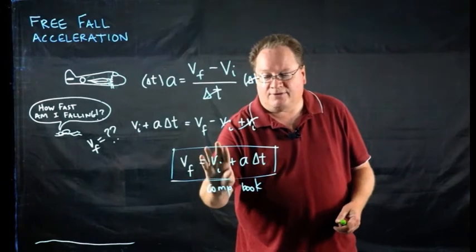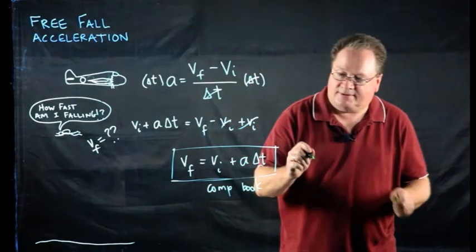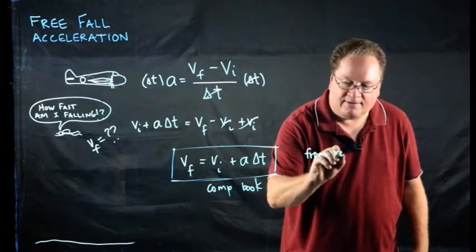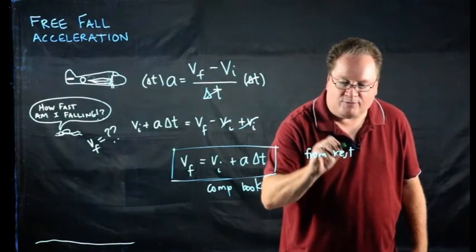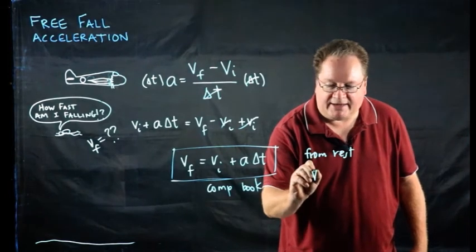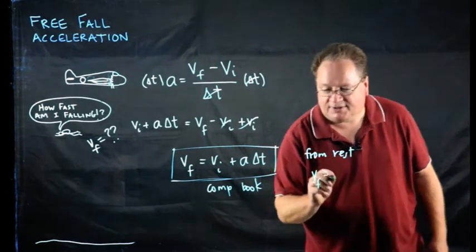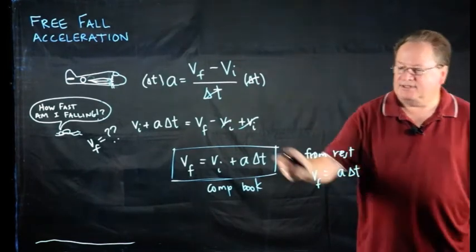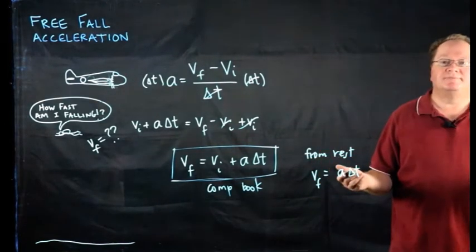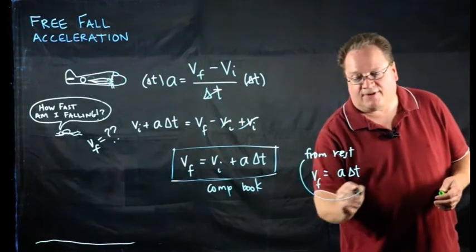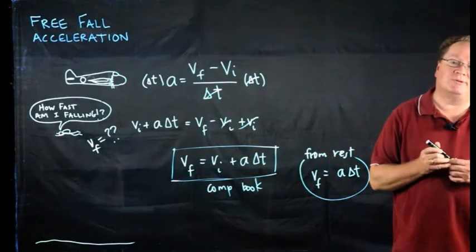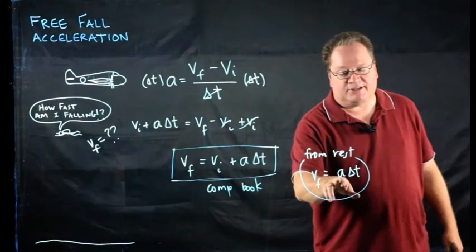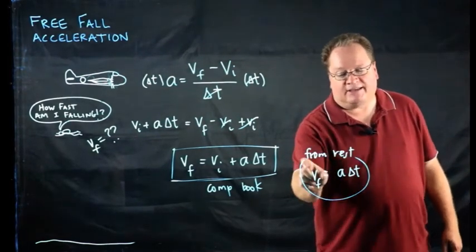If that's 0, this becomes, so what I'll say is from rest, all right, from rest, this would simply become VF equals A delta t, since the VI term would be 0. Okay, so if this is an object that's falling from rest, this is really, really pretty simple. Okay, if you know what free fall acceleration is, and you know how long it's been falling,